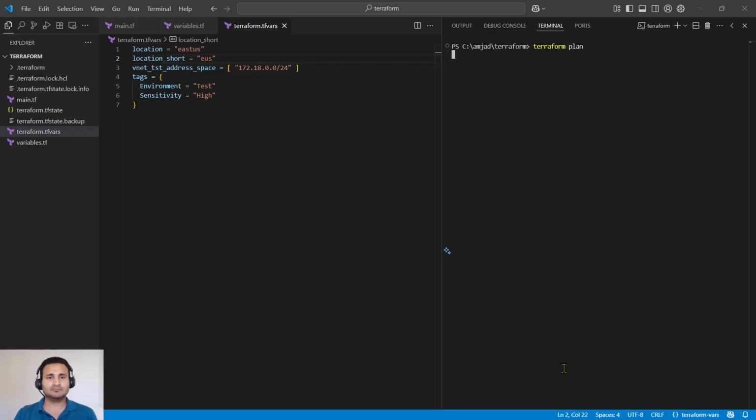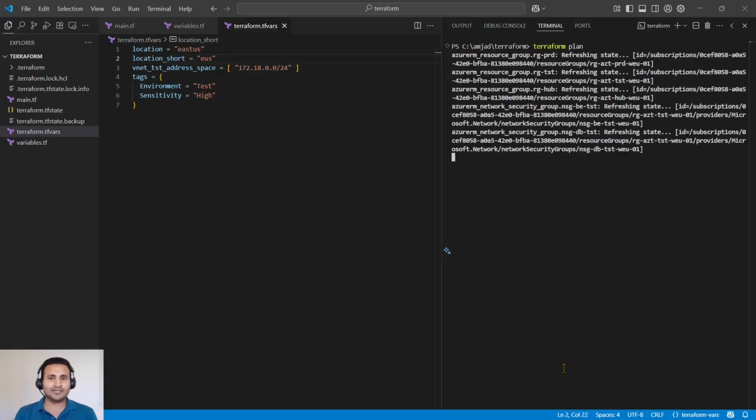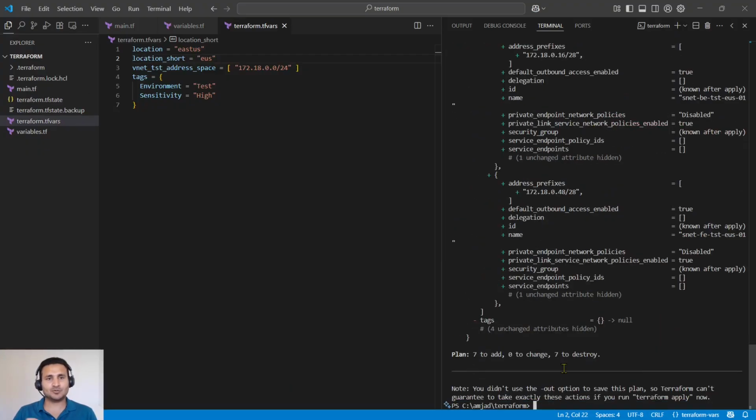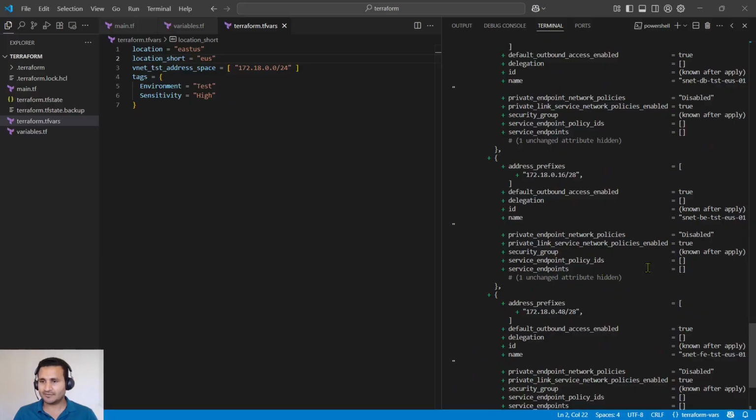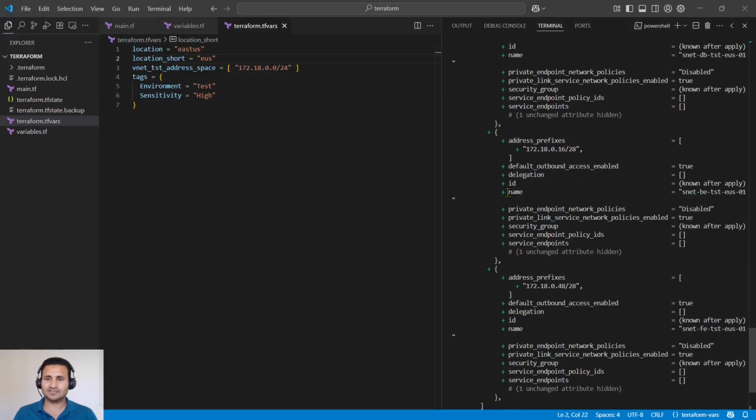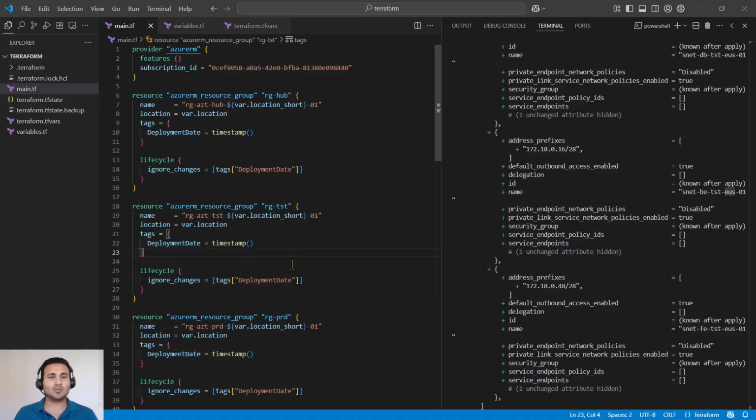So with the help of the variable interpolation, we can have any prefix or suffix on our variable, or we can use a variable in between any string. So let's have a look at the name. Yeah. So I'll just take one of the references, the subnet. The new subnet, because plus represents this resource is going to be created. So the new name of the subnet will be the EUS, which I am defining here. So with the help of the variable interpolation and with the help of the variable, what I did is I